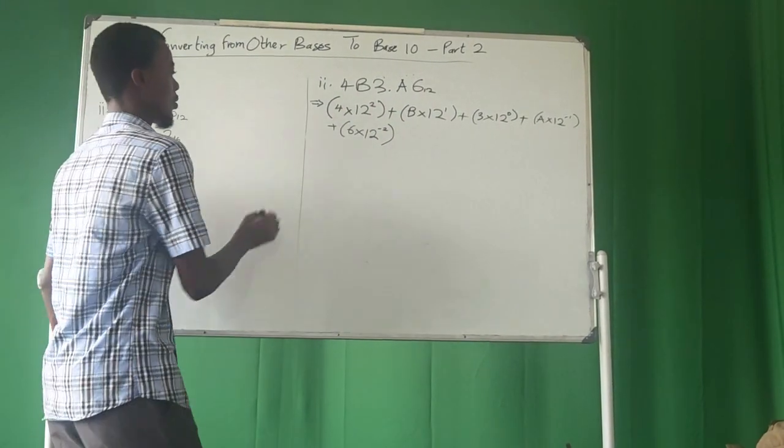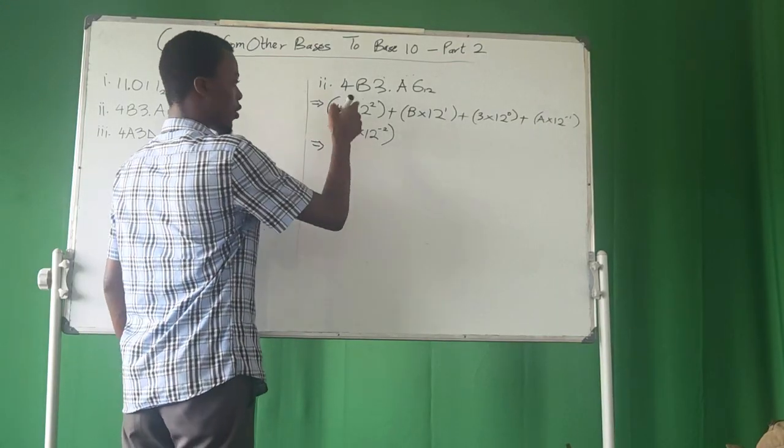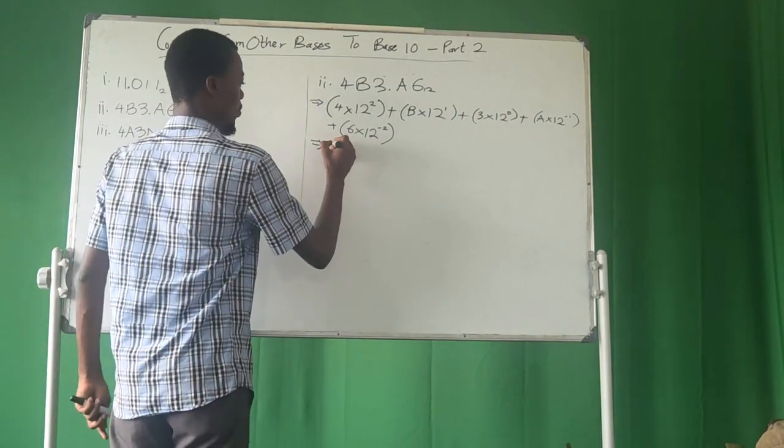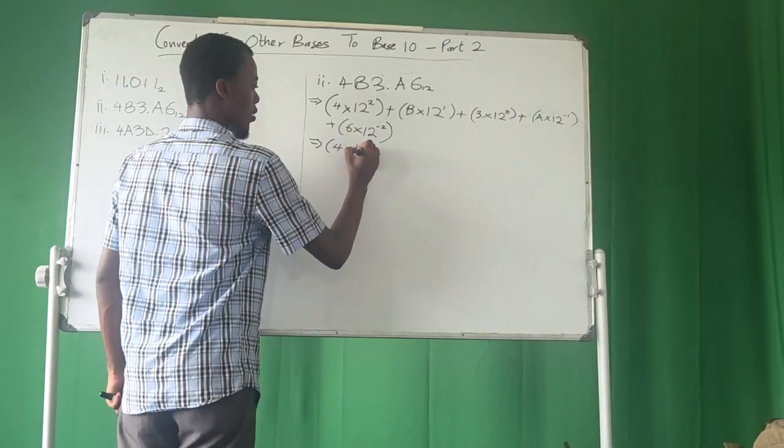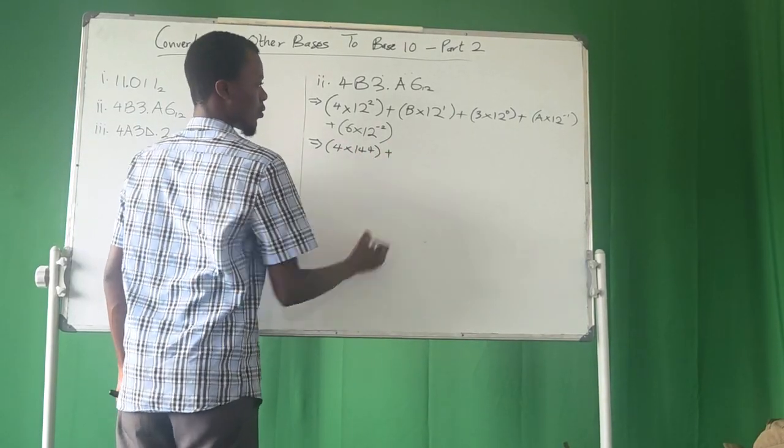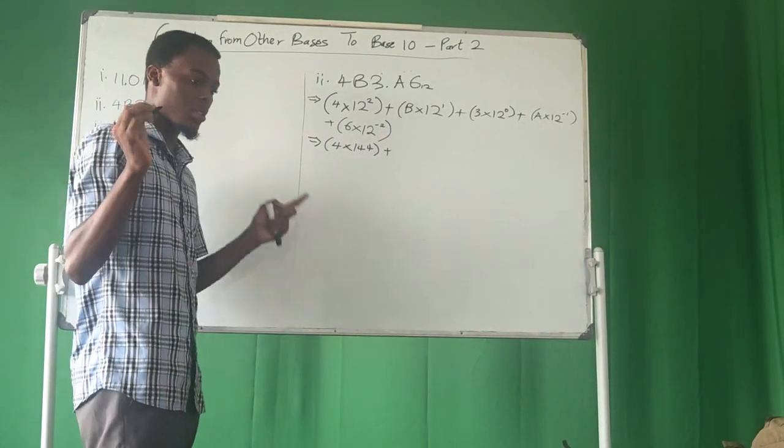Okay, so now let's continue. 4 times 12 exponent 2 is the same as 4 times 144. And B is the same as B is